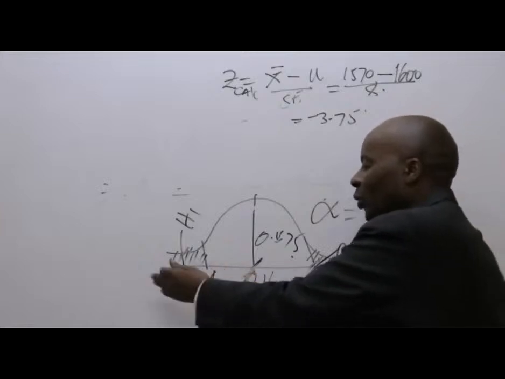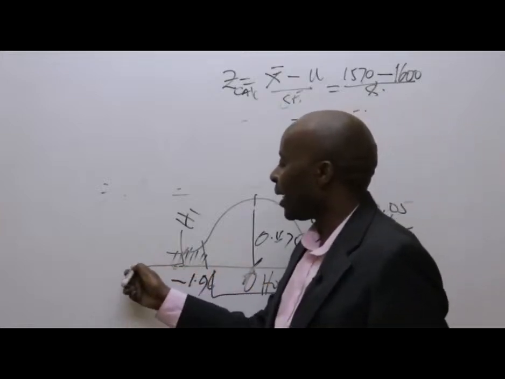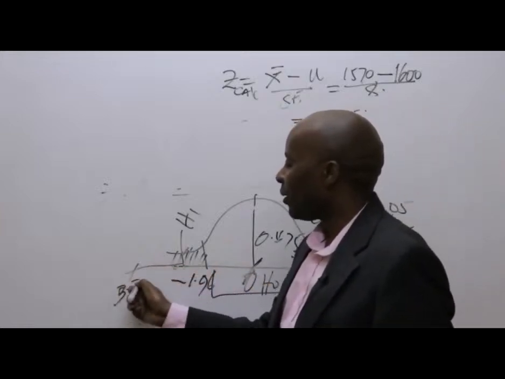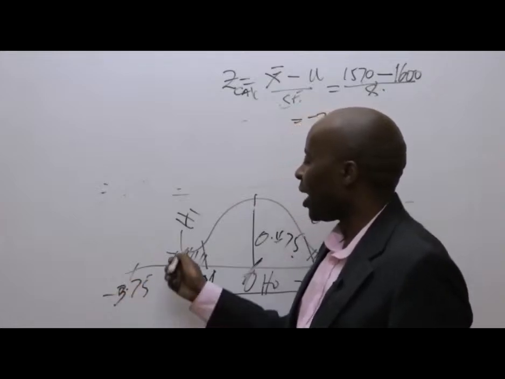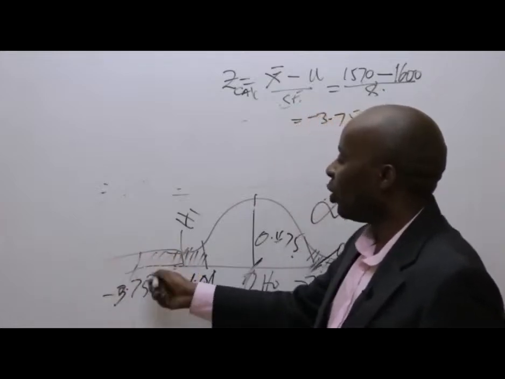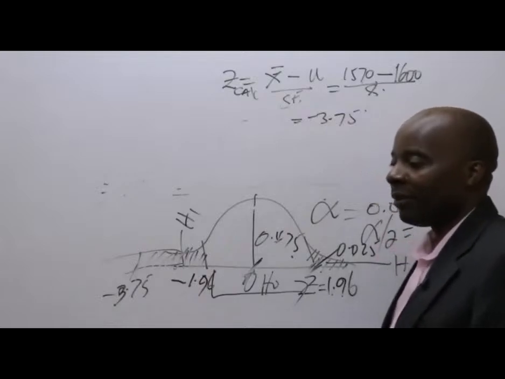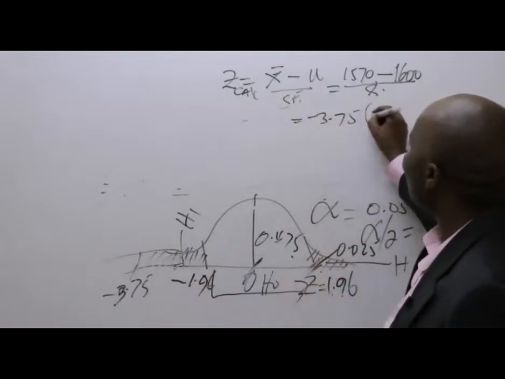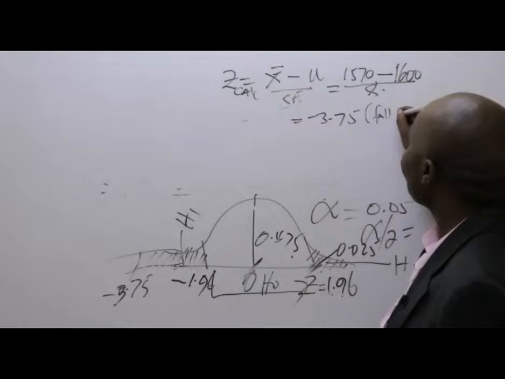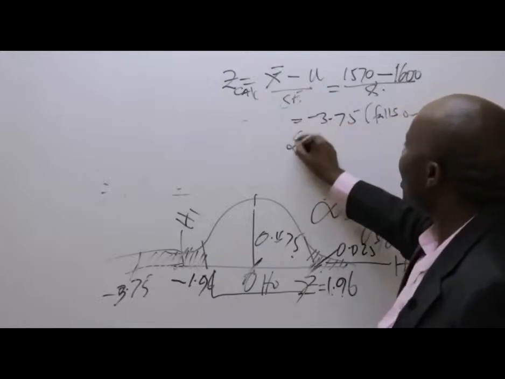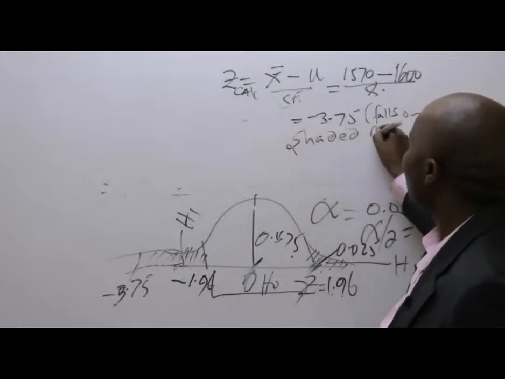As I go that way, minus 3.75 will fall here. If it falls there, we can see that this falls on a shaded area,